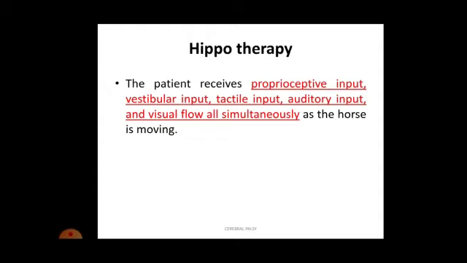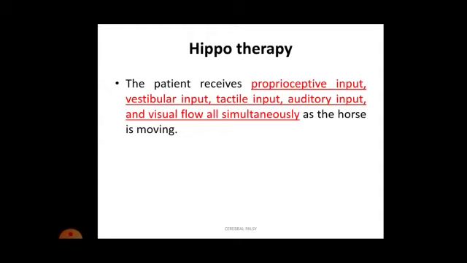Just imagine that you are driving your car, clear? So your proprioceptive input is also important. Some auditory cues are also very important. For example, someone is blowing a horn, okay, so you have to react to that also. Visual stimuli also you have to consider. For example, a truck is coming from the front side, okay, so that is giving you visual stimuli, so you have to act accordingly, clear? So all this we need together: tactile system, proprioceptive system, auditory system, visual system, vestibular system.